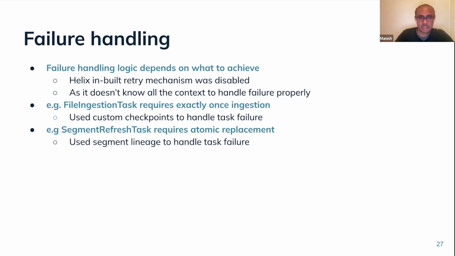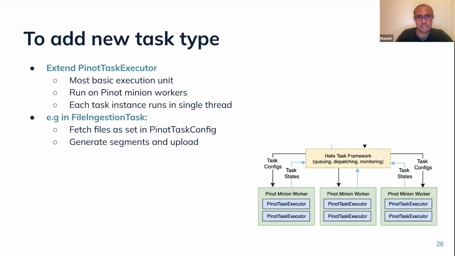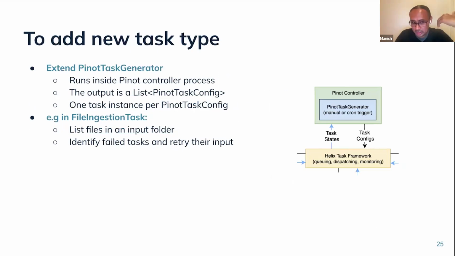And I mentioned the task generator being intelligent, right? Say you triggered an ingestion, and 100 files had to be ingested, and 90 files were ingested, and for 10 files the Minion crashed and we couldn't ingest them. This particular task has the ability to run on a cron trigger. It can schedule itself and run every couple of hours, or you can even manually trigger it, right? So say that after the failure, the user saw there was a failure and re-triggered it. At this point, this controller is going to read that checkpoint.